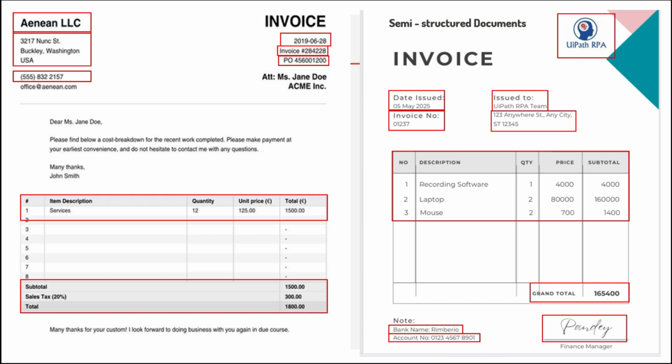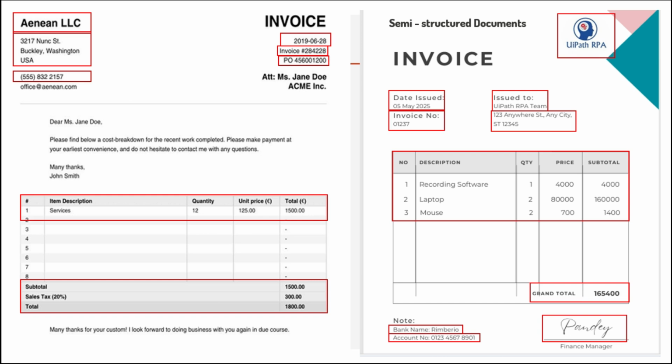Let's say this invoice. These documents still have fields like invoice number, date, etc. But their layout changes depending on who created that document, like who the vendor is. One vendor puts the invoice number at the top, another puts it at the bottom, but the data is still labeled clearly. You will be able to understand that. Both are able to understand, oh, this is the invoice number.